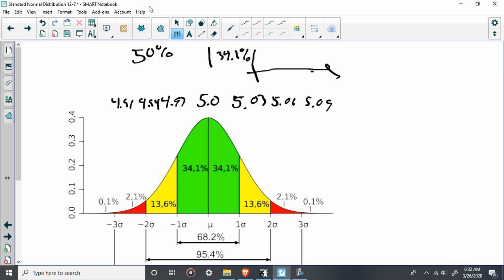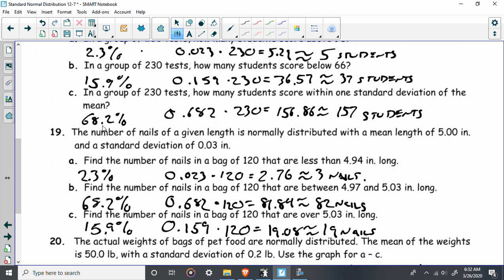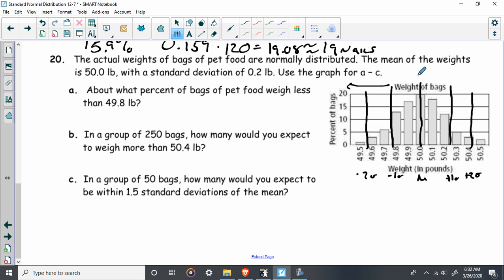So 50%, right? Half the bags have more than the mean. And then 34.1%. So since all they wanted was less than 1 standard deviation, what are we going to do? Okay, well, there was 50% and 34.1%,